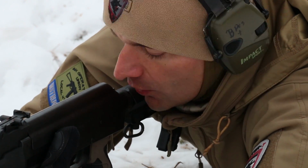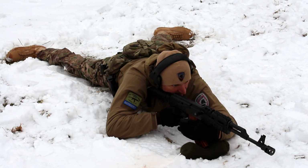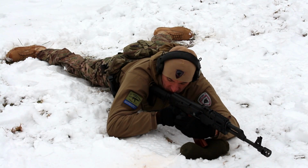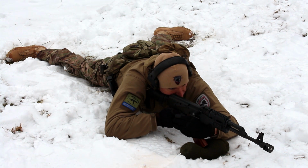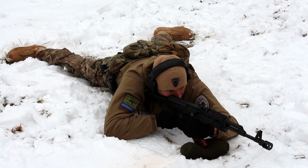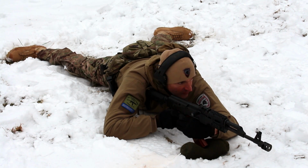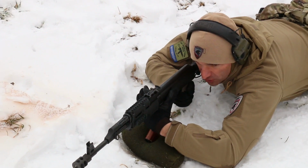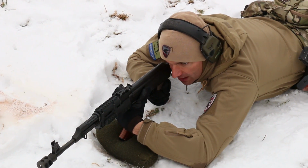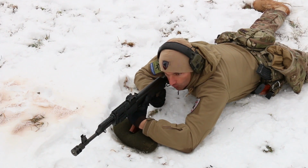Now, going back to the right elbow. The right elbow is digging into the ground again, and you have to find that spot again where you are comfortable holding your stock and keeping the sights aimed, and yet you have that nice support on the ground. Because there is no secret, the more points of your body touching the ground, the more stable you will be in that prone position. This is also why we keep the